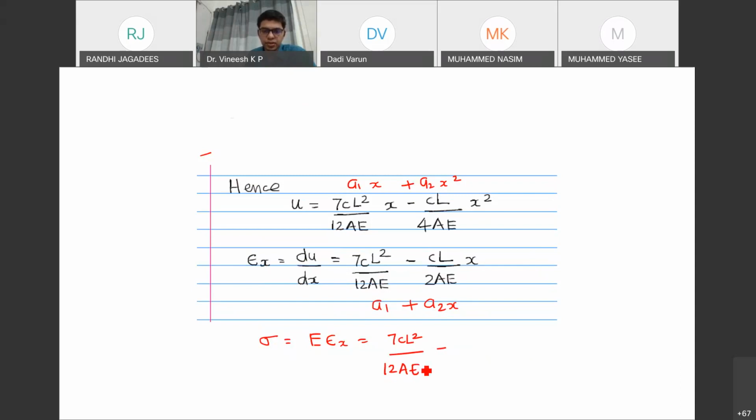So you are going to get stress, you are going to get 7CL square by 12AE, minus, sorry, this AE will be cancelled, minus CL divided by 2A into x. So we found out the displacement, we found out the strain, and we found out the stress. So now if you look at the problem,